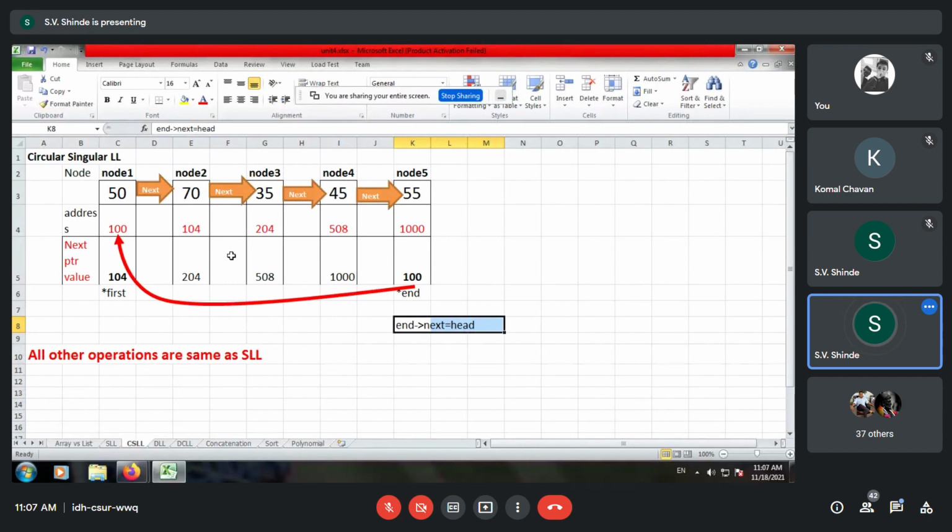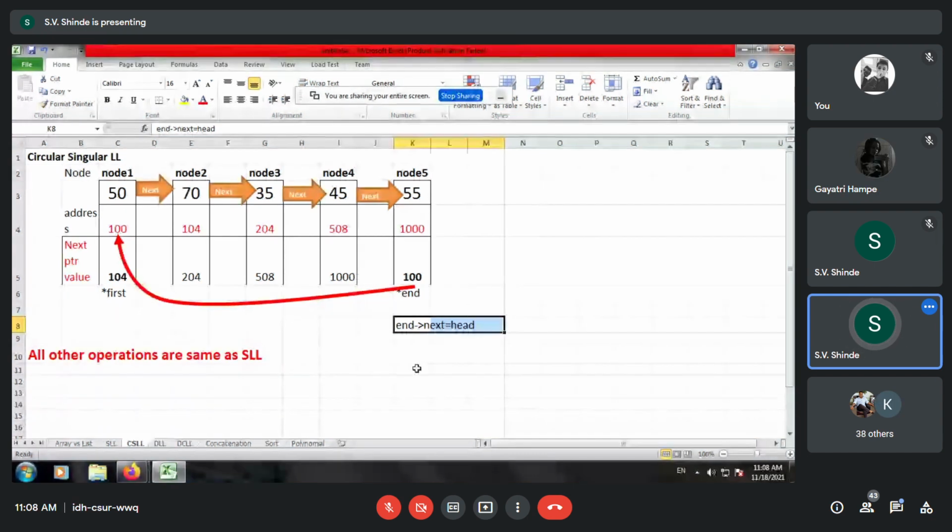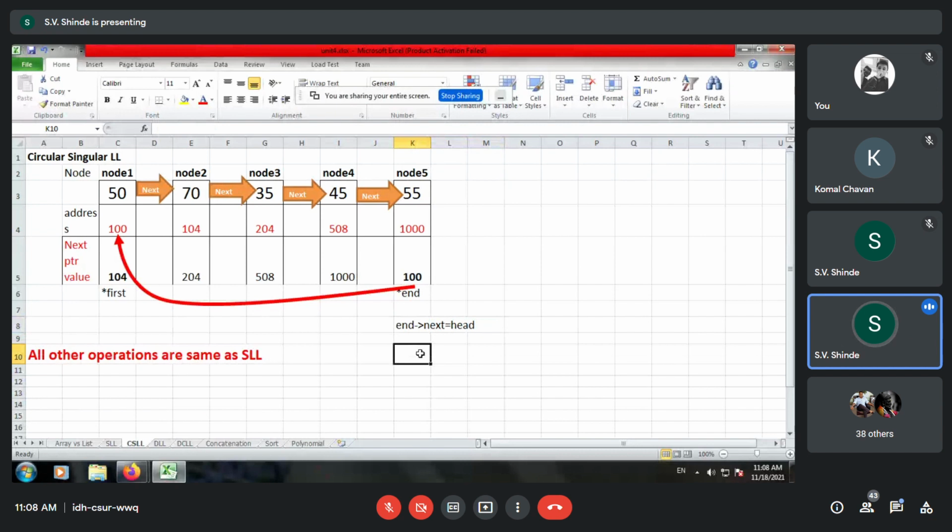So when you study about networking, that is computer networks, one of the network topologies is the ring network, where the data is sequentially transferred, and when it returns back to the source, the program stops.